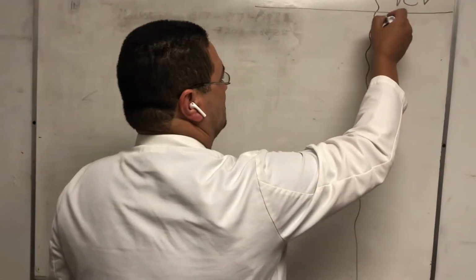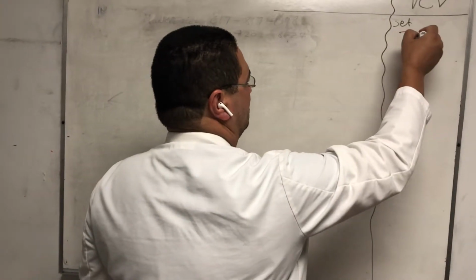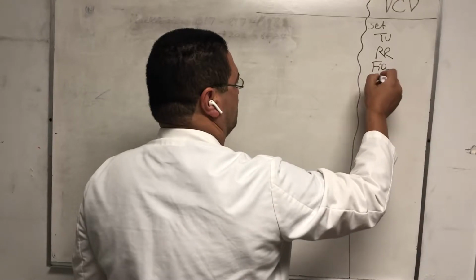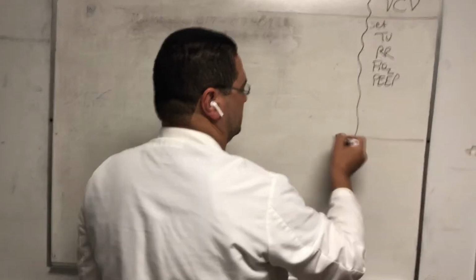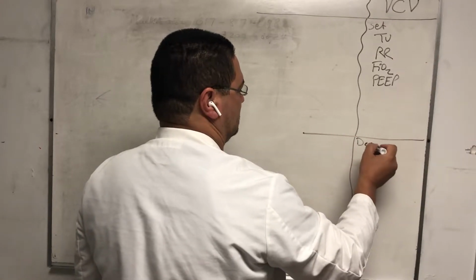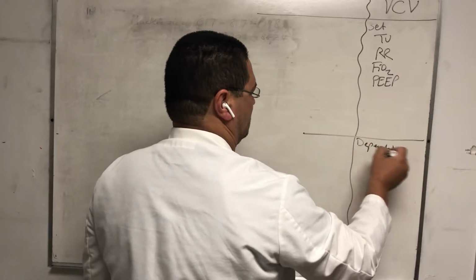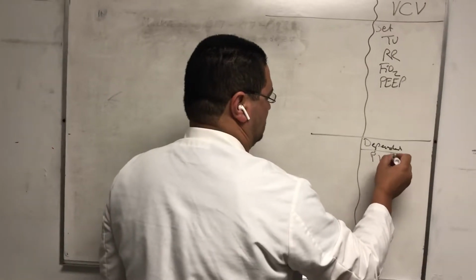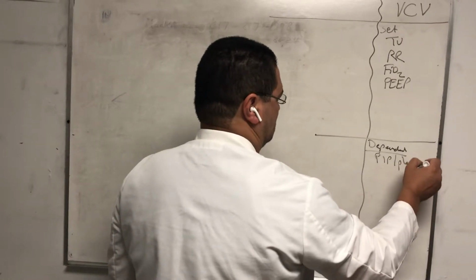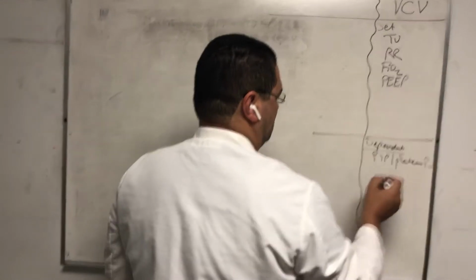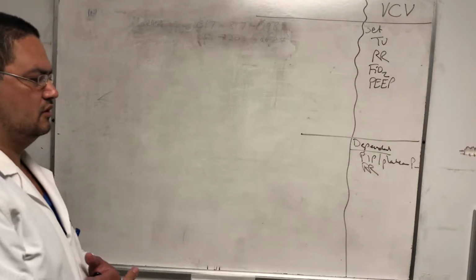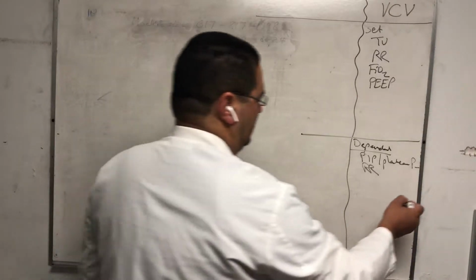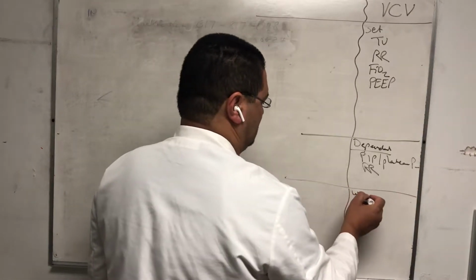So the set parameters are tidal volume, respiratory rate, FiO2, and PEEP. The dependent parameters are peak inspiratory pressure, plateau pressure, and respiratory rate. Like we talked about, it was similar to what we talked about in AC. The waveform is almost a review of the AC